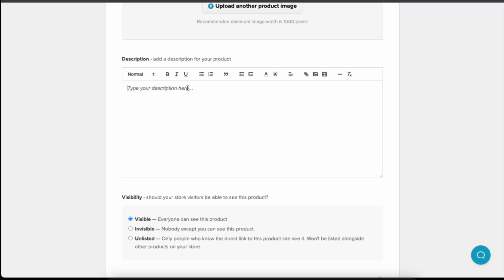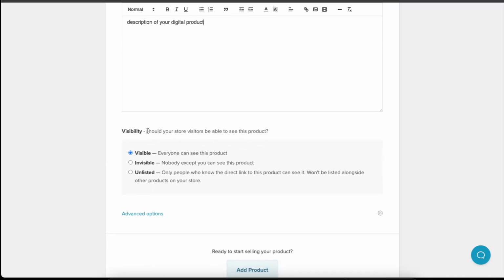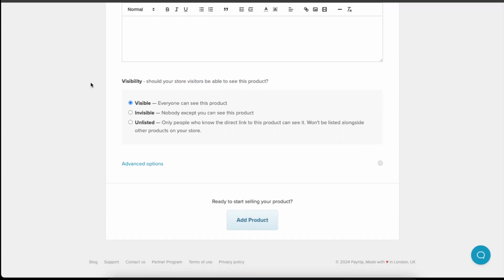Now you want to enter the description here. Description of your digital product. We want to enter all the details here. Now, visibility: should your store visitors be able to see this product? So of course, if you want to sell it, it has to be